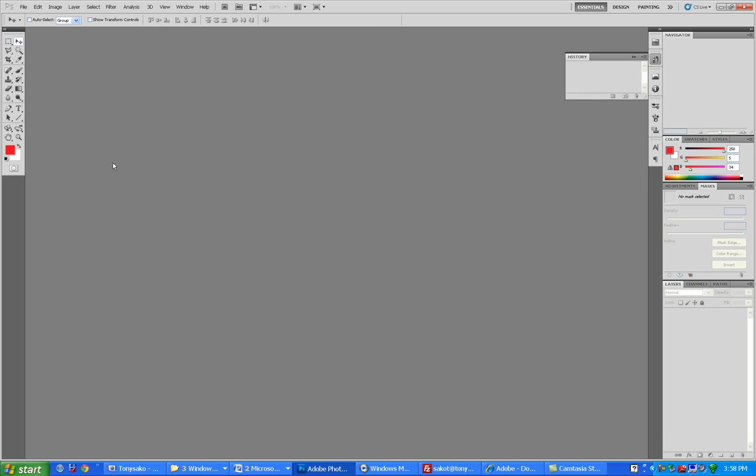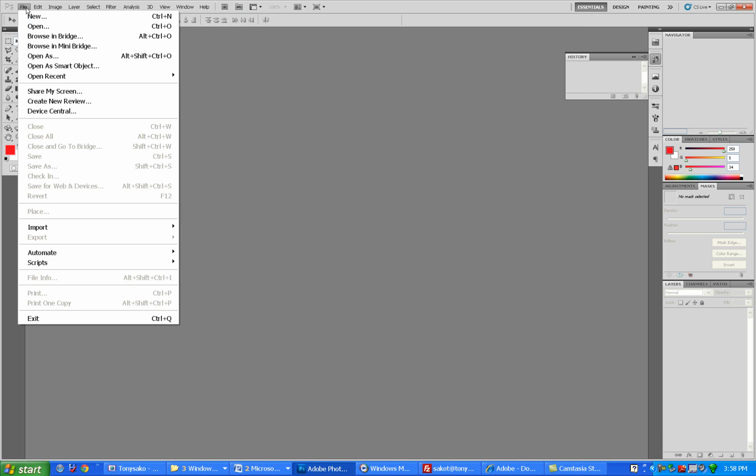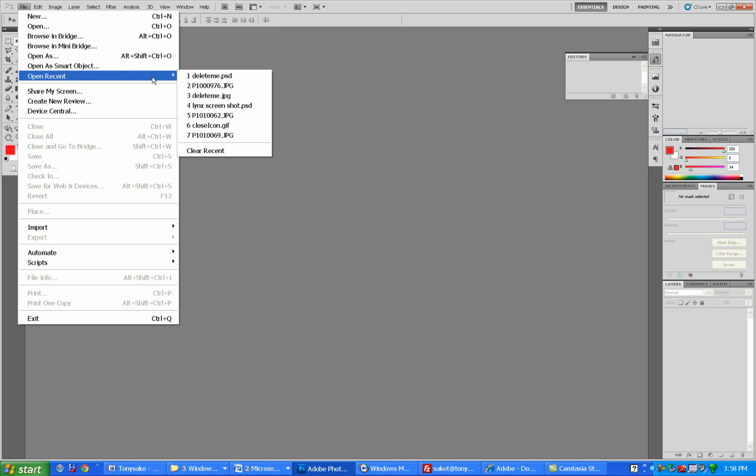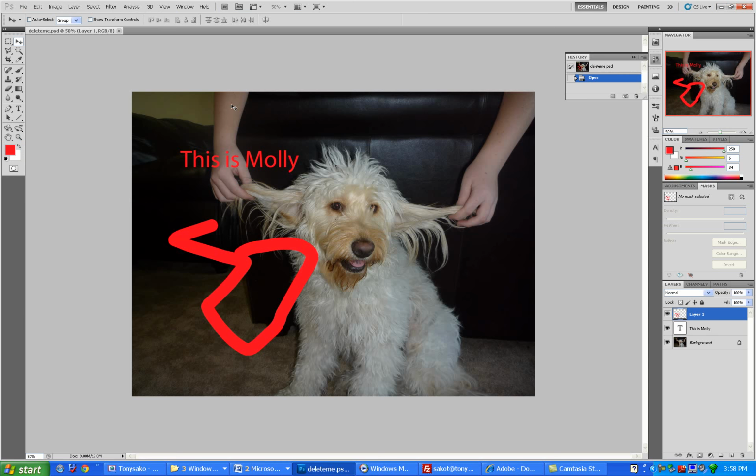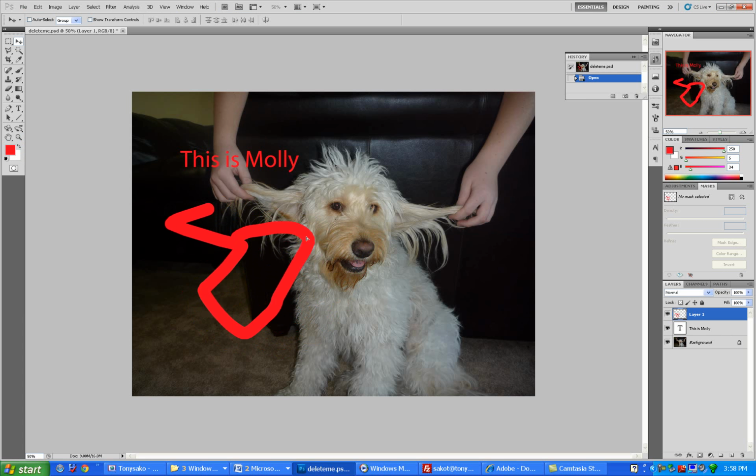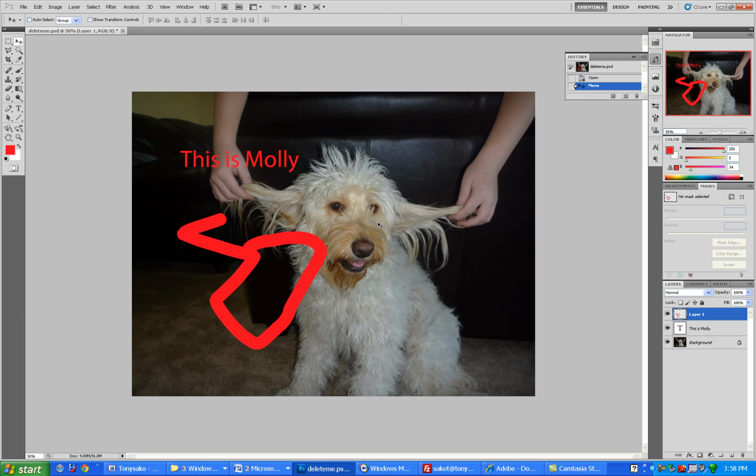But let's look at this now. When we open these up, it's the same image, but if I open deleteme.psd, you notice I have all the layer information. So I can turn layers on and off. I can manipulate layers separately. I can move this around without moving the other layers. But now if I open deleteme.jpg,